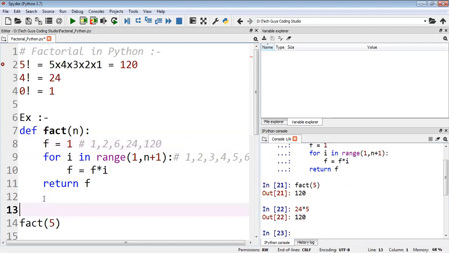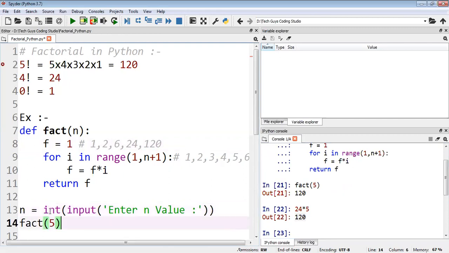And some people are asking me, I just want the value from the user. So how can we take the value from the user? Already we know, I will write n equal to, and we will take the value with the help of the input function. We have typecast, because we are asking for an integer, right? So I typecasted to integer. I will write "enter n value", like this we will do it. And here I will replace with the n.